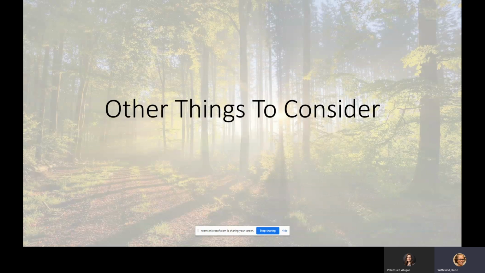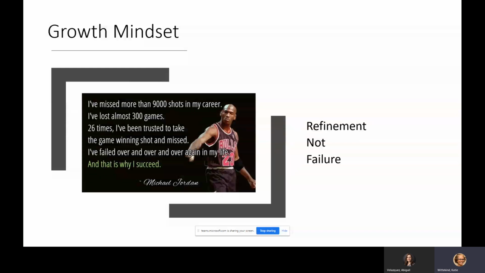And it's likely because you tried the elephant approach. You tried to do it all at once and then weren't able to anchor it and create prompts for yourself. And then quickly your motivation went down. So I want to create a different way of thinking about this. We call this a growth mindset. Essentially, it's this idea that there is no such thing as failure when it comes to behavior change, but only